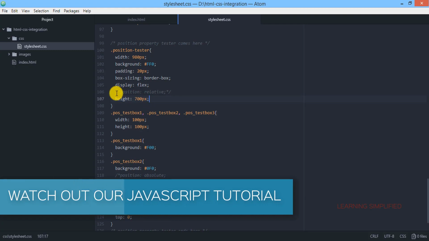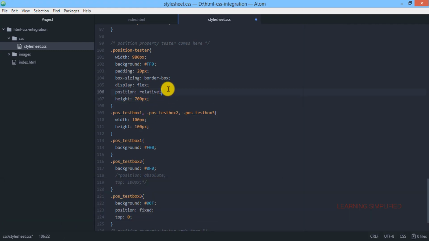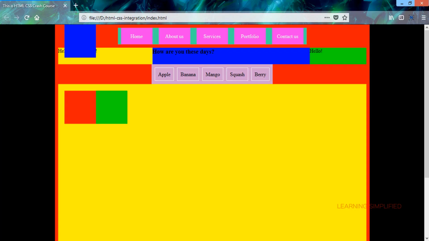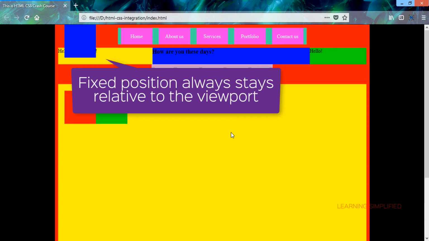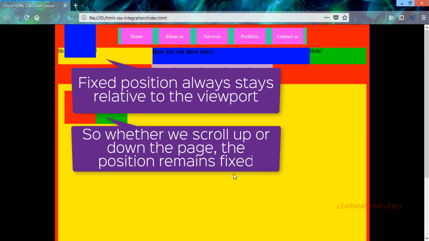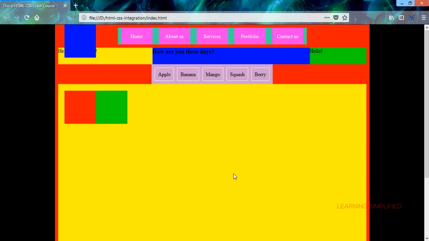Now what if we remove this commented syntax here and turn this position tester into a position relative condition again? Press Ctrl S, get back to your project and reload, and we can see that it is practically useless. We are practically defining that a particular element inside a particular HTML browser should be fixed into a particular position. So what is that position? That position is the top position, and you are fixing it there.